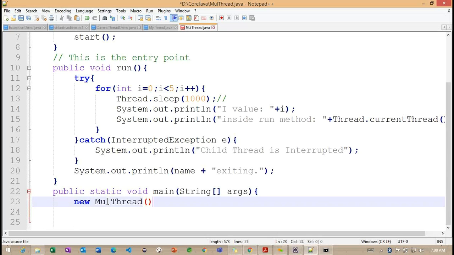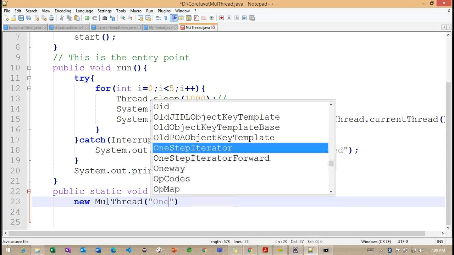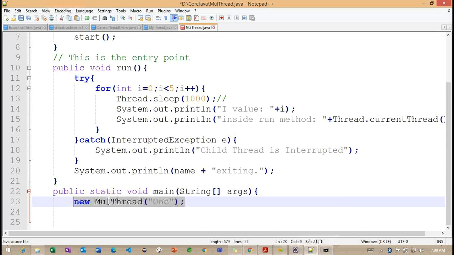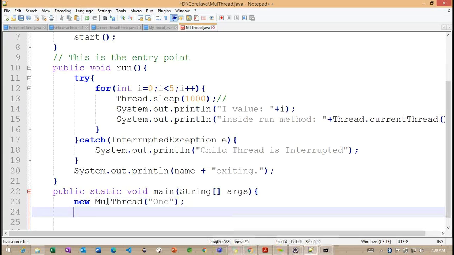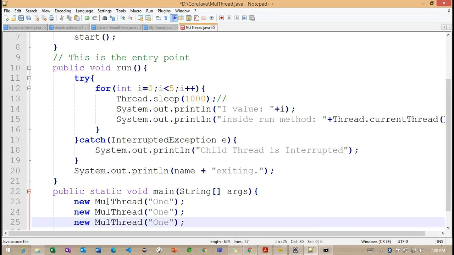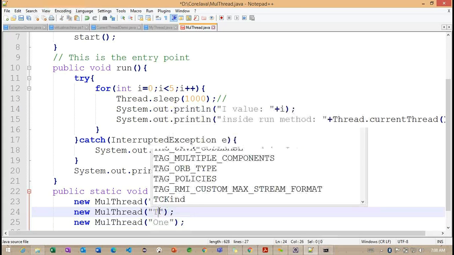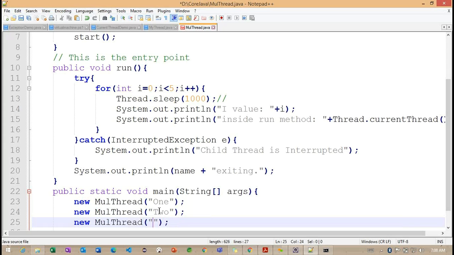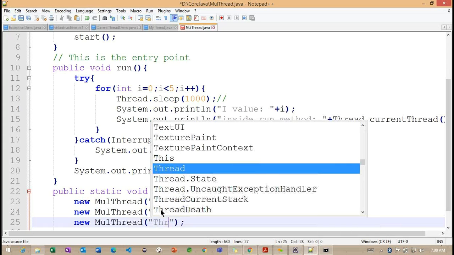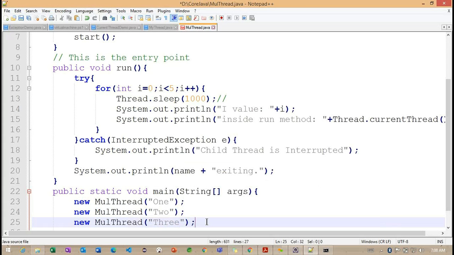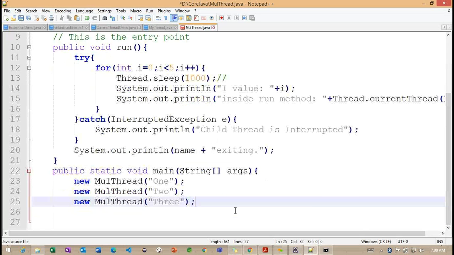Now observe here, I want to specify one thread, second, and third. How many threads am I trying to create internally? Three threads here. These are the three threads I am trying to create: the first one, second, and third one.